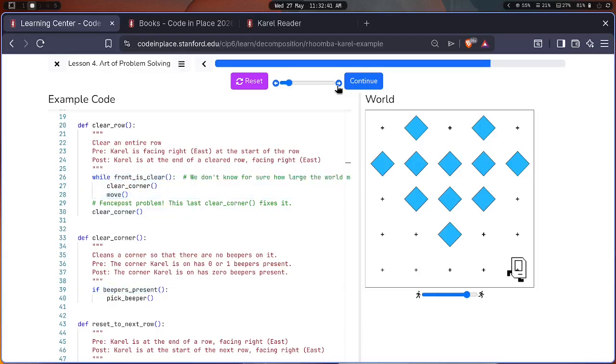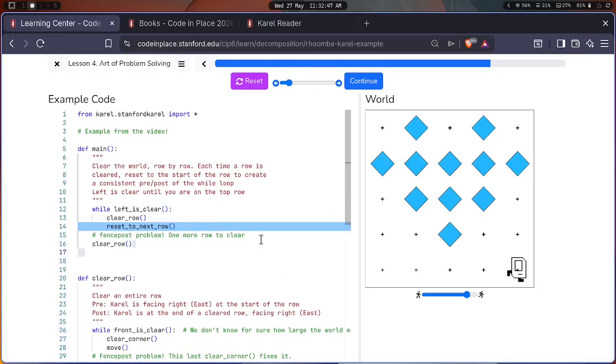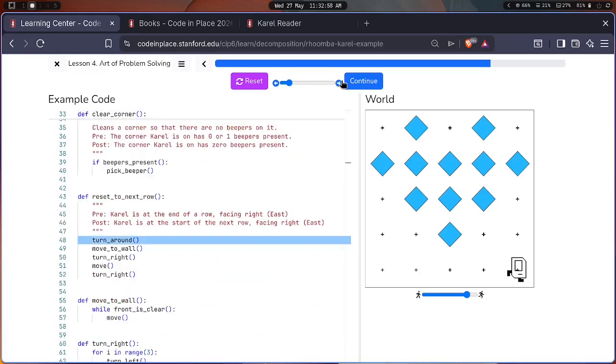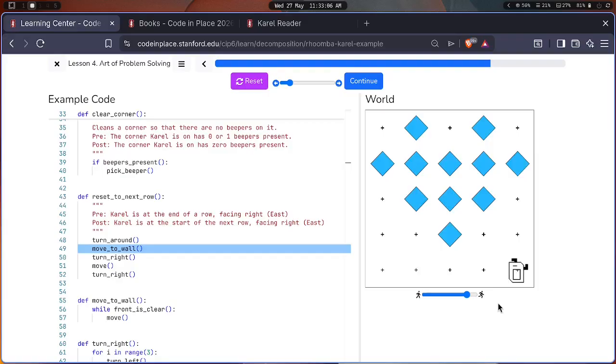All right. And now it should reset to the next row because front is no longer clear and it has cleared the whole row. So it has to reset to the next row, that is this function. So we shall see how it resets. So it turns around, which is nothing but turn left 2 times. So it turns left 2 times and then move to the wall. Move to the wall is another function that we have made